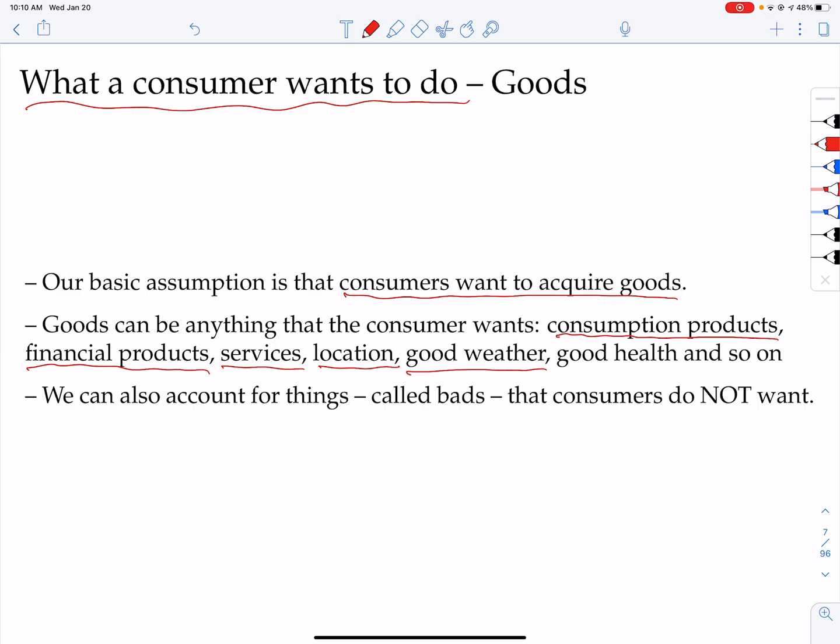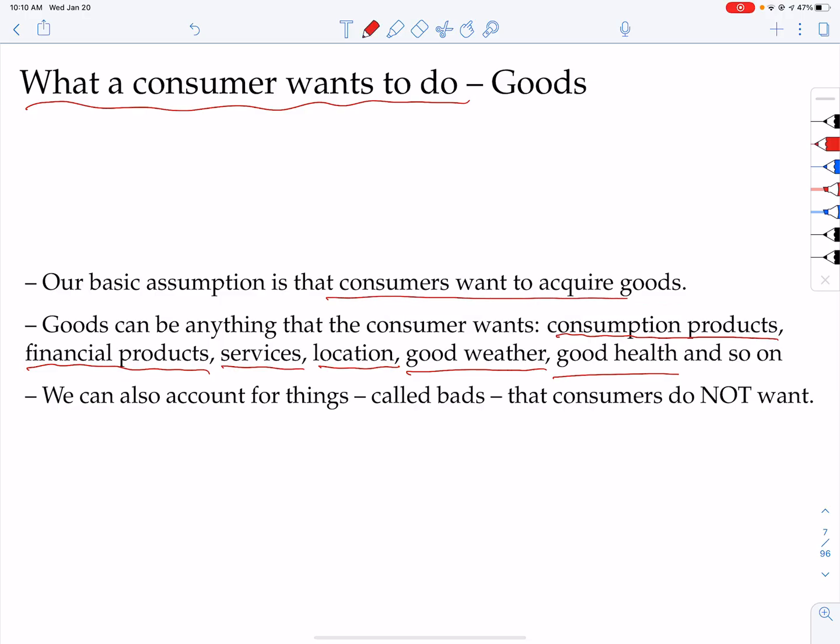And good health, yeah, that can also be a choice, right? So if you choose a job that deals with toxic chemicals, maybe it's not so great for your health, but that's your choice. Okay. All right, and then here, as I mentioned, we're assuming that